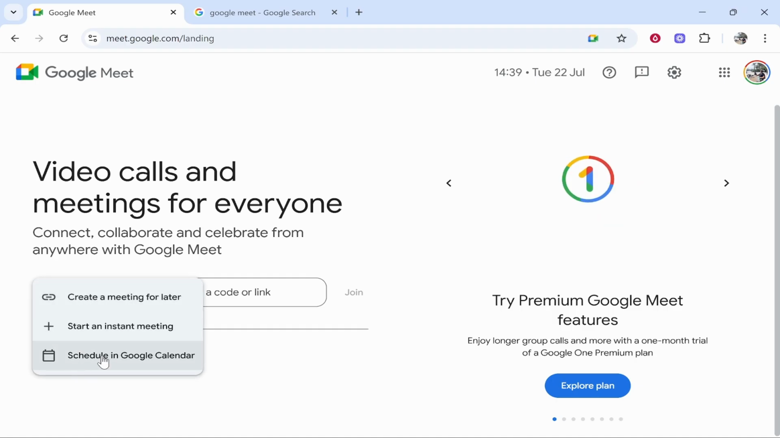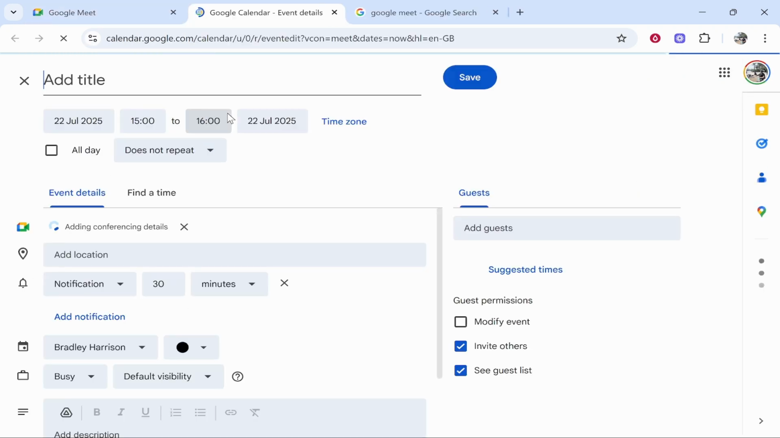You can then schedule in Google Calendar. You can also schedule a meeting for later, and this will create a link to a meeting. But if you want to actually invite someone, add it to their Google Calendar and properly schedule it, click on Schedule in Google Calendar. It will open up this new window, and from here we can go ahead and add